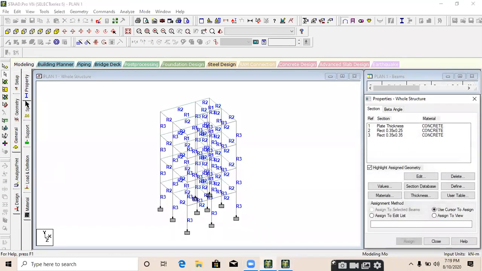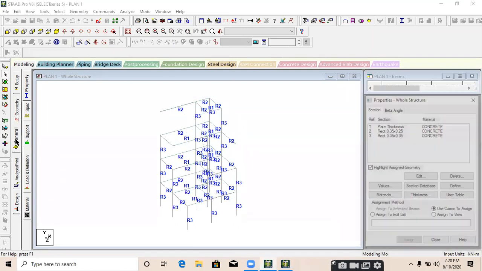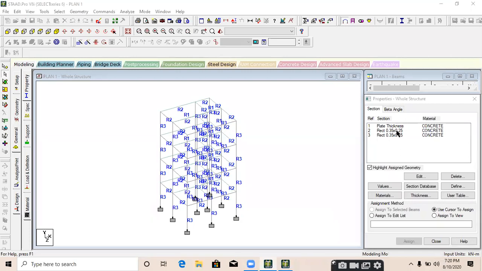There will be one error. Computer is hanging, so just wait for a minute.